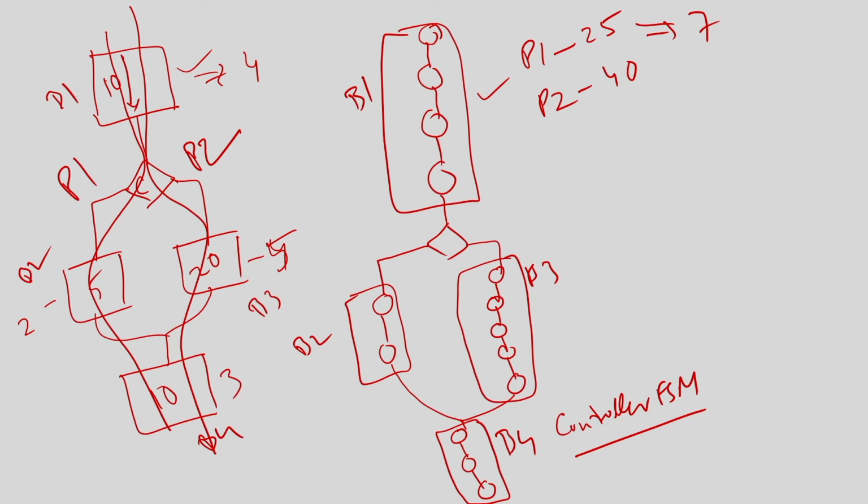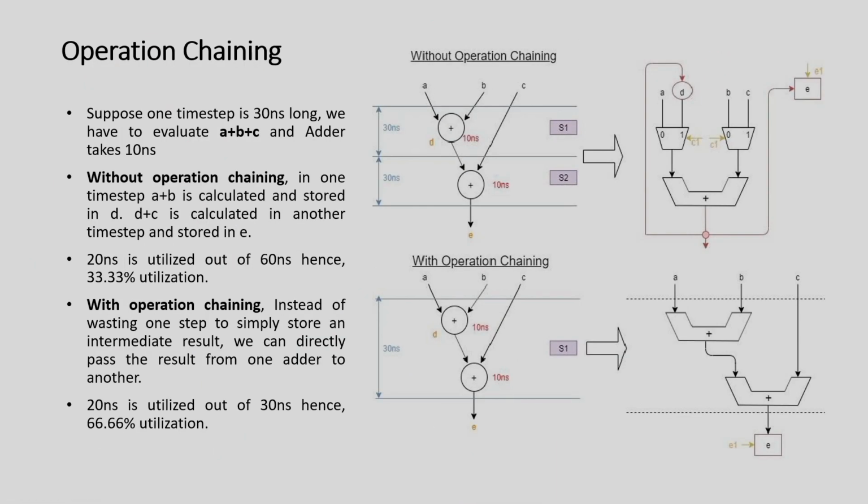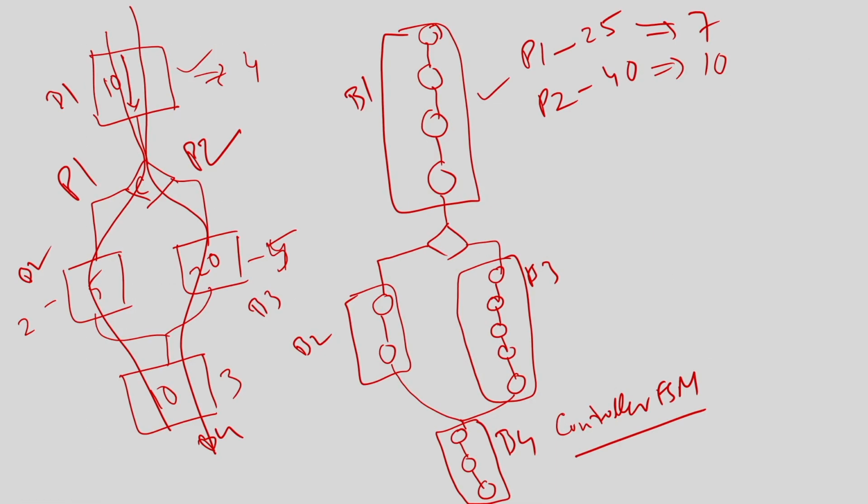And say this other path is scheduled in 10 timestamps. So that is understood, and now you think about it: earlier it was 4 plus 2 plus 3, right. So, 6 plus 9 timestamps. If you take this path, it takes 9 timestamps, and this was taking 4 plus 5 plus 3, 12 timestamps. Now it is taking only 7 and 10, which is less than the timestamps it was taking in the basic block.